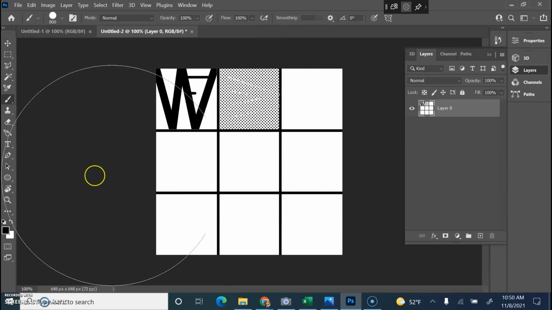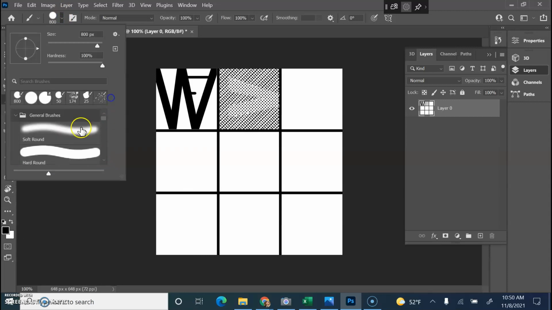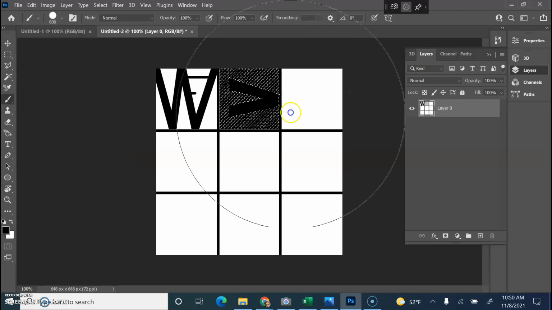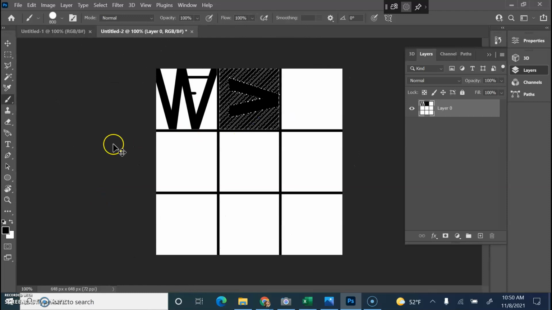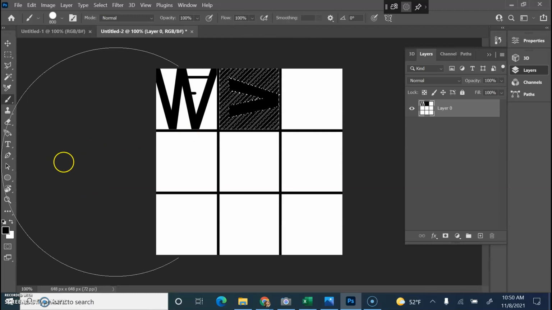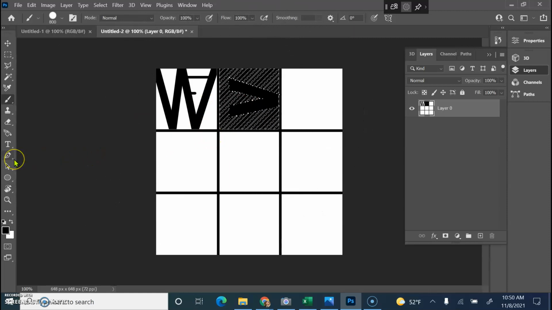I'm going to hit Control D. See how it's not doing what I want to? Even though I'm going here, that's what happened. It reverted to that brush. No clue why, to be honest. There we go. It keeps reverting to the wrong brush. Anyway, despite my failure,